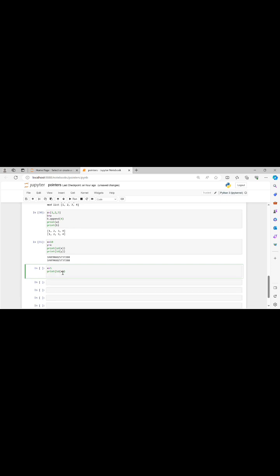Then if we have x equals x plus 1, what does that mean? 5 plus 1 is going to give us 6. Then we print the id of x. So it means we have created a new object with a new memory address, meaning the addresses are not the same now. Why not the same? Because the value has changed. So integers cannot be modified. This was the basic